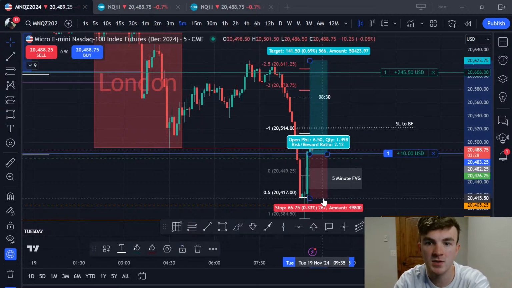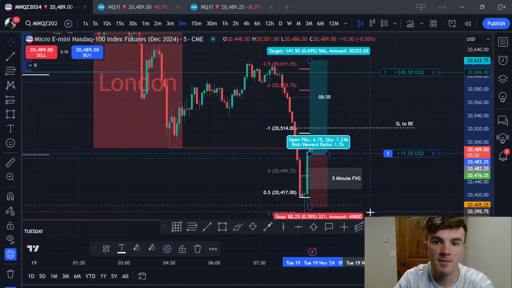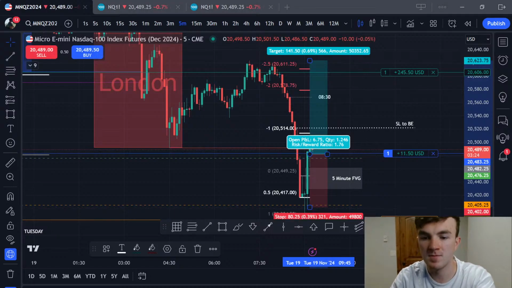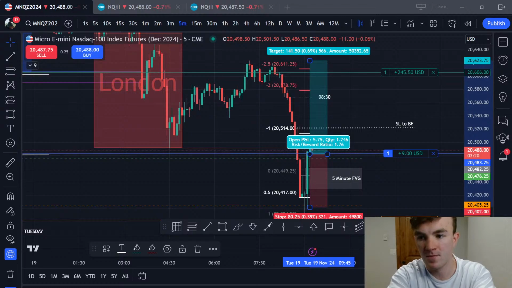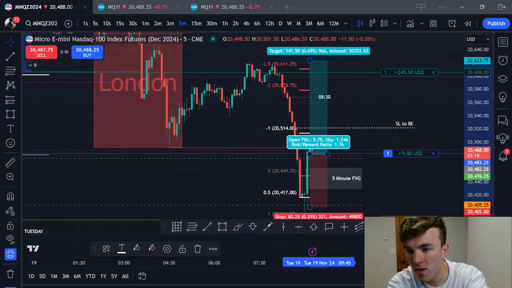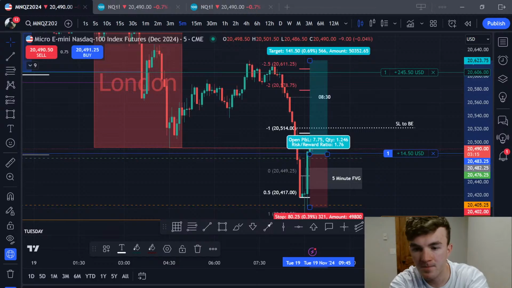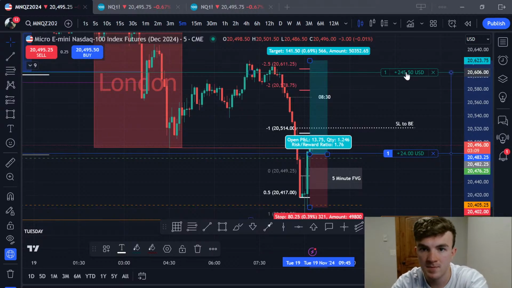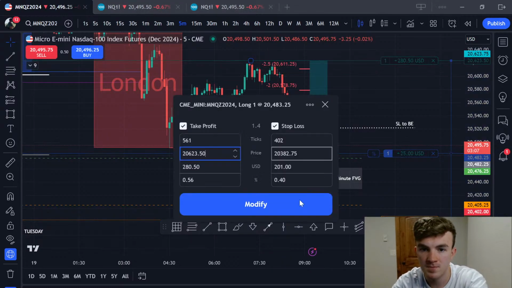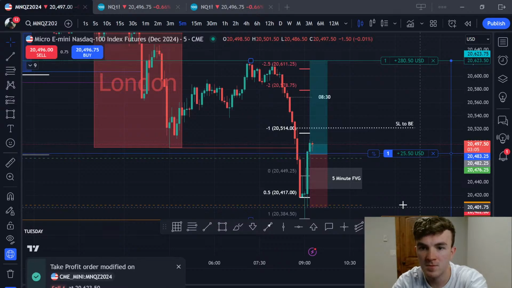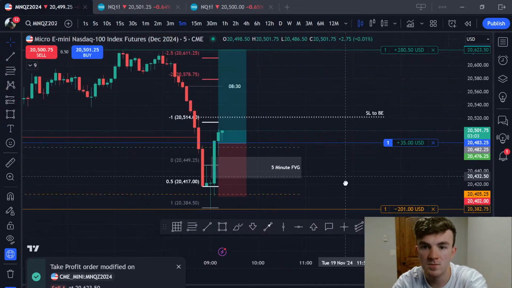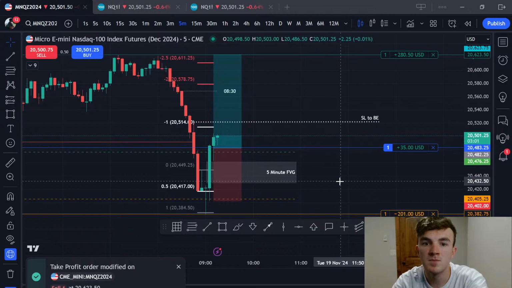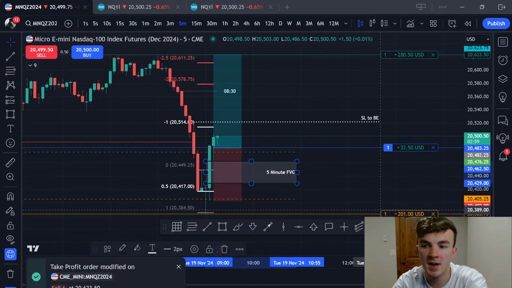So it's basically a 2-to-1 RR trade. Because if we close below this fair value gap,